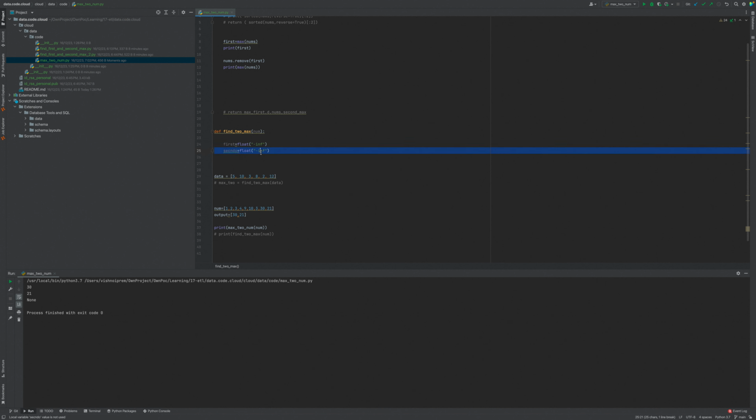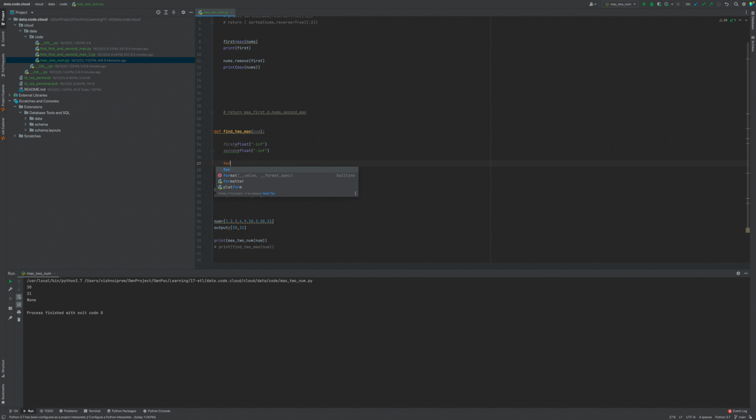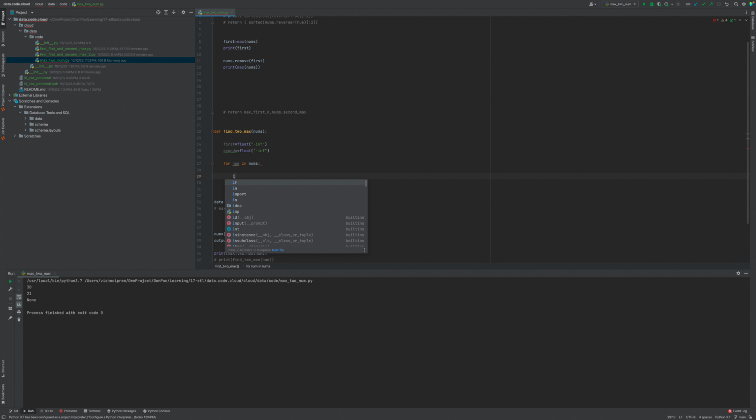So we talk about first and second, both are the highest numbers. Now let's consider for num in nums, right? This one should be nums, better for understanding, and this is the num1 value. So now what we will do, we compare this num with first, right? If this num is greater than first, and